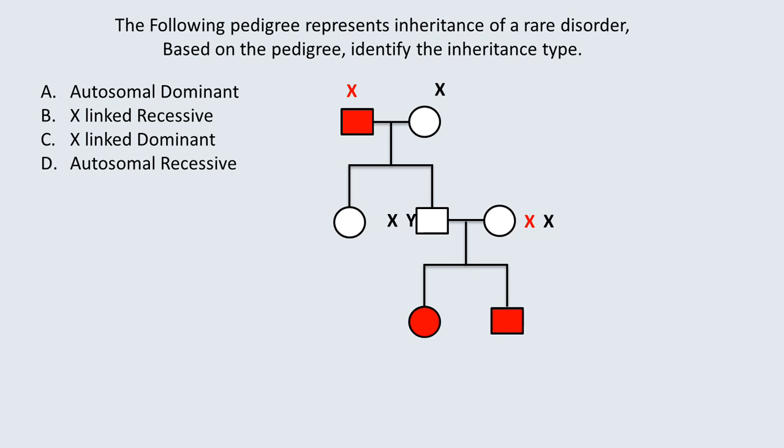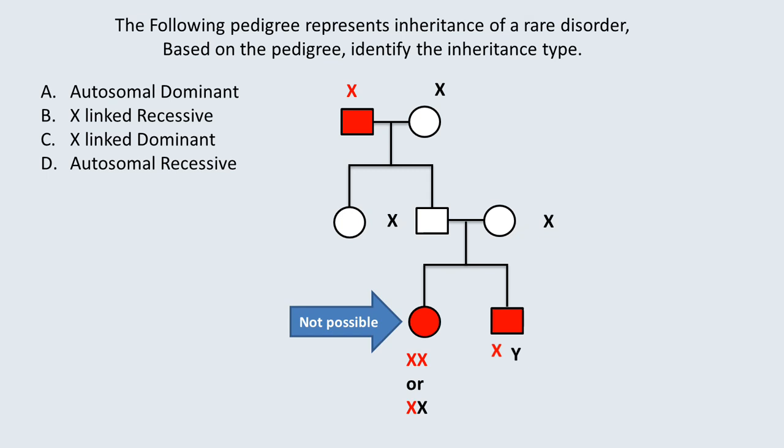So in the third generation, the male will be affected because he will be inheriting one lethal X chromosome from his mother, but the father will be giving only his Y chromosome. However, in the case of the female of the third generation, this is not possible. She cannot be affected if it is X-linked recessive, because her genotype needs to be both the X chromosomes being affected, or at least one X chromosome affected and another X chromosome being normal.